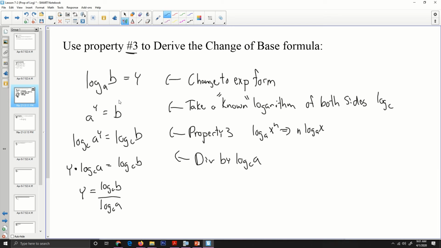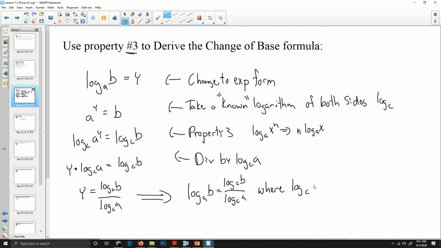Now, since these two y's are the same value, we can make a final conclusion that log base a of b is equal to log base c of b over log base c of a,